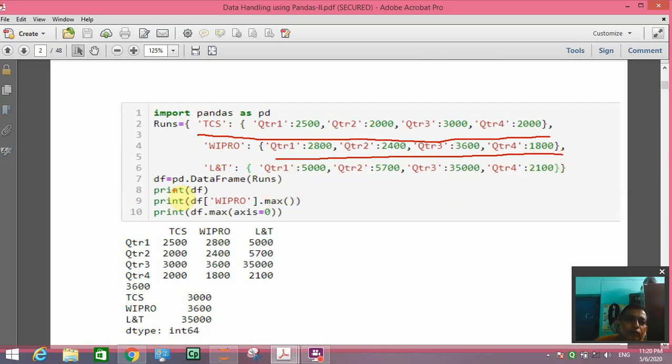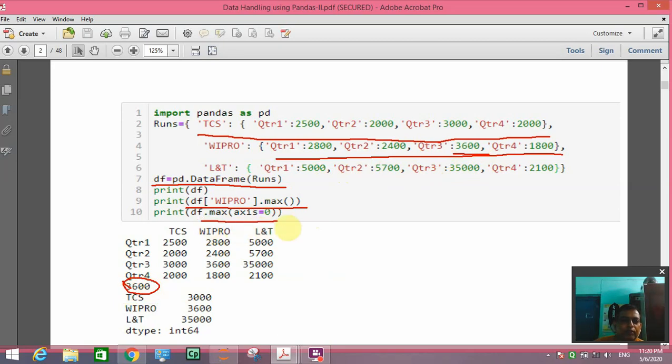We are making this data frame from this nested dictionary, and we are finding out the maximum production of Wipro company. The maximum production is 3600. Here you can see it is giving 3600.